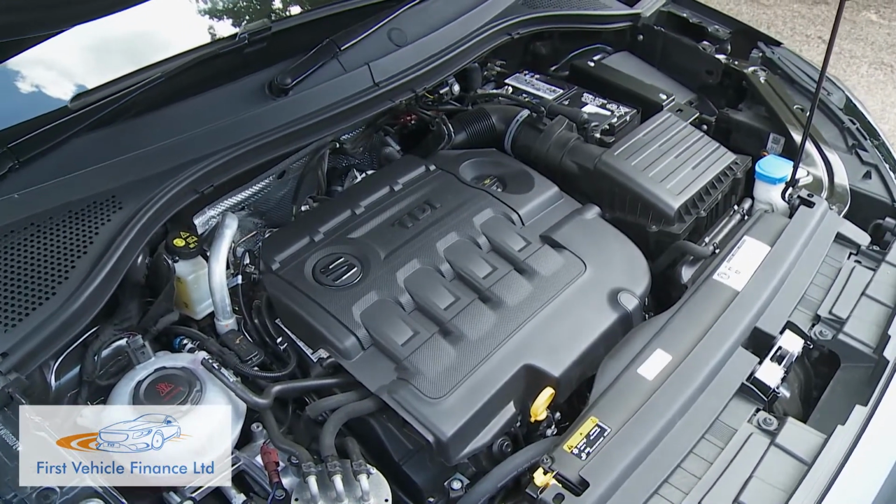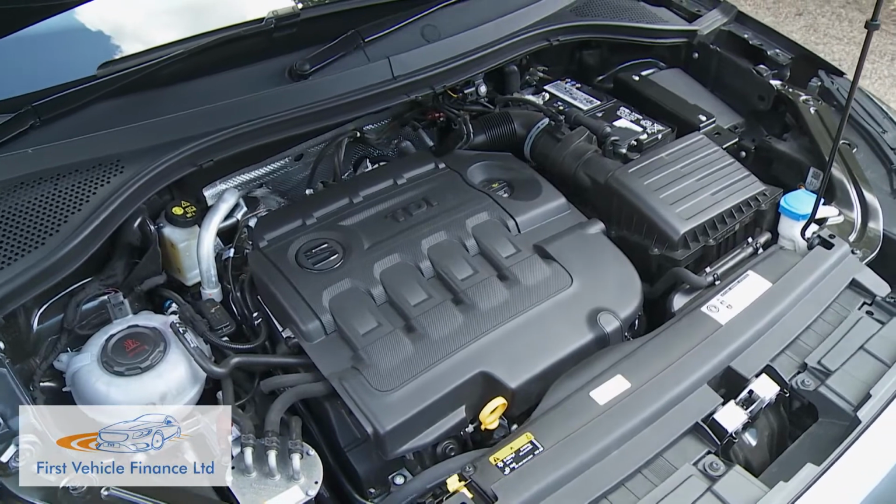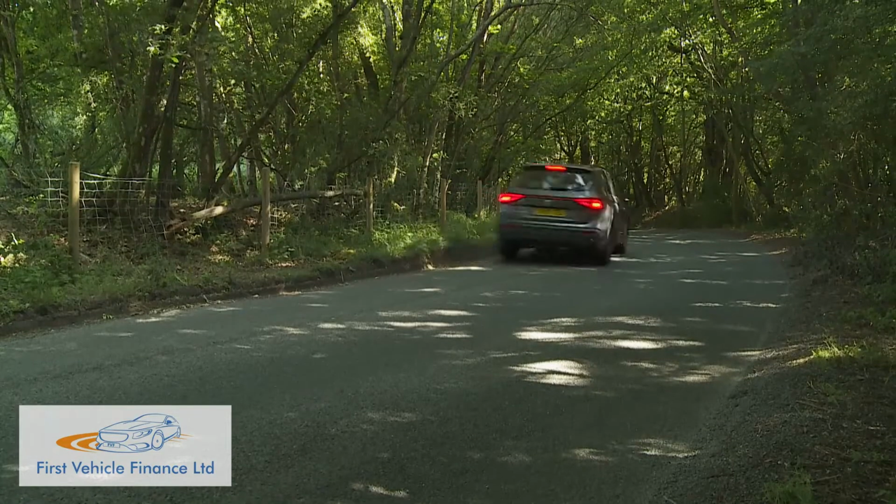Engine-wise, most Tarraco buyers will be choosing between a pair of 150 PS turbo units, either a 1.5 litre TSI Evo petrol power plant or the 2 litre TDI base diesel variant that we're trying here. You'll need the diesel if you want the option of a package that gives you DSG automatic transmission and Seat's 4Drive four-wheel drive system. We've done without that on this car, and so unencumbered, this Tarraco manages a WLTP rated combined cycle fuel reading of up to 47.9 mpg